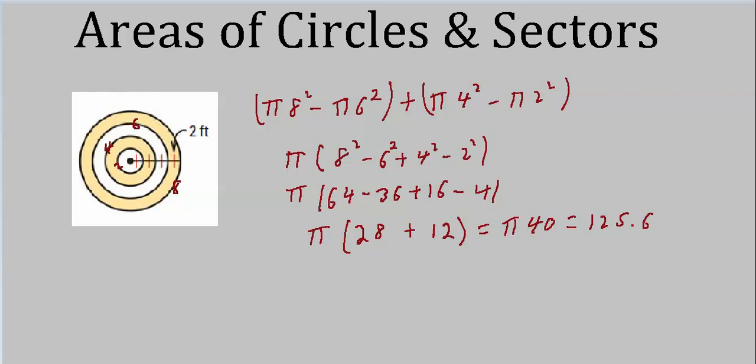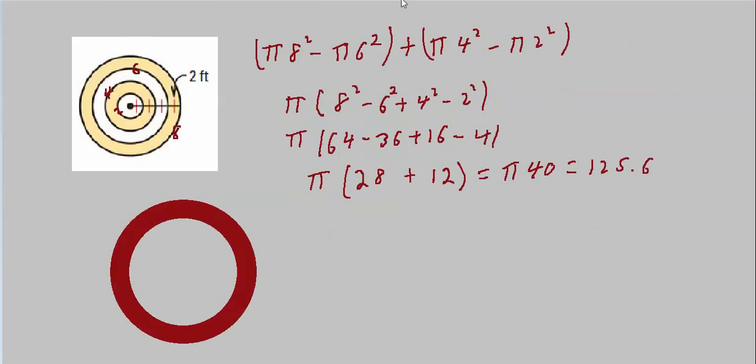Hang on. Well, I won't win any awards for artistry, but if you pretend that this is a circle, and then we just cut out this circular section right inside of it, this outer part here is called an annulus. I think that's what it's called. And I'll double check that. Yes, this is called an annulus.